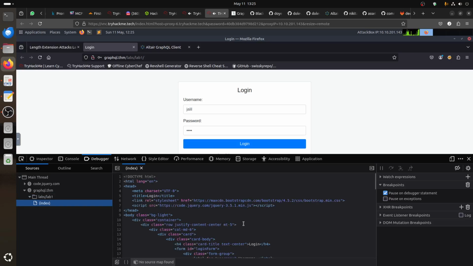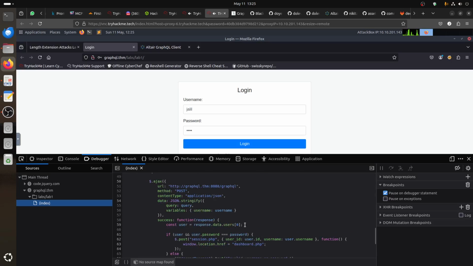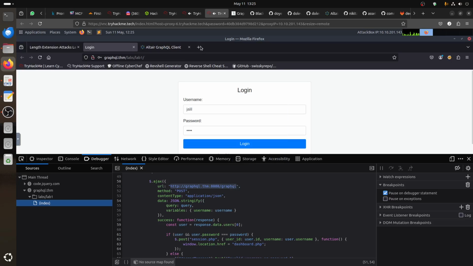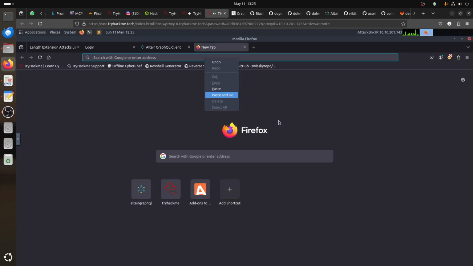You can see the index file. You can go, for example, down to this Ajax. You can see it's sending it to this endpoint. So we can see we have this endpoint. We can copy this, copy the source here, and then if you go there,